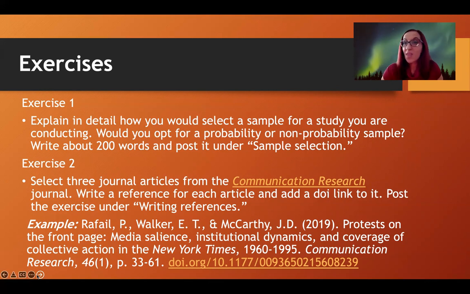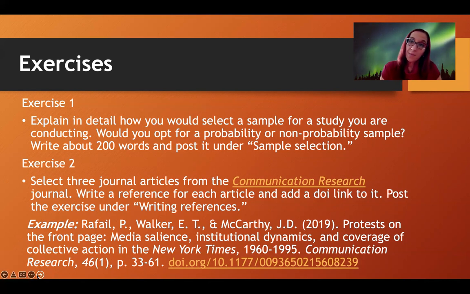I want to tell you one thing about the probability sample. One of the problems with the sample is that it is very expensive to collect data by randomly selecting people. It could be very expensive. With non-probability sample, many people opt for this option because you could simply try to recruit people online, or you could simply recruit people from your community. But the problem with this type of sample is that we cannot make any generalizations based on the data collected. It's a major limitation.